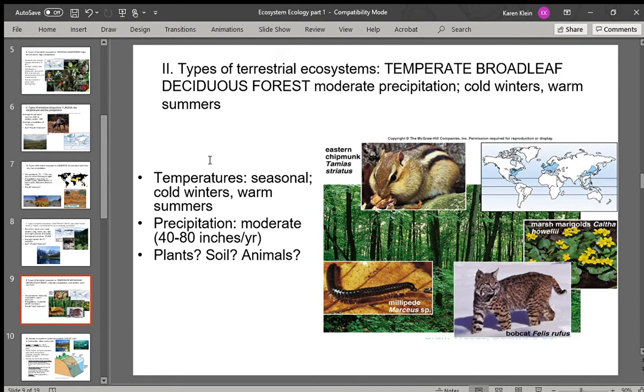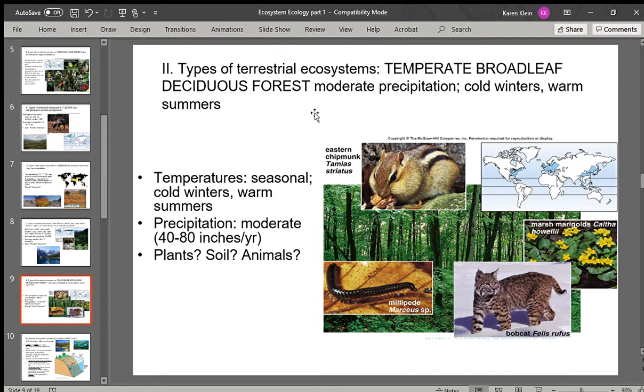And here we are. This is where we are. Hooray for us. We are getting much more moderate here with our temperatures. So moderate precipitation, cold winters, warm summers, four seasons. As you can see, we belong here in our temperate, broadleaf, deciduous forest. So temperate means cold to cool winters, warm summers, seasonal,